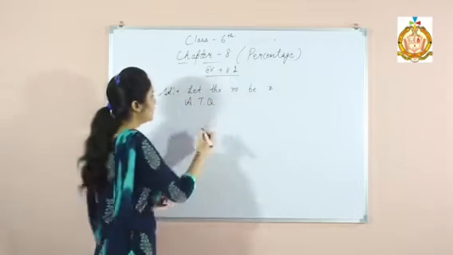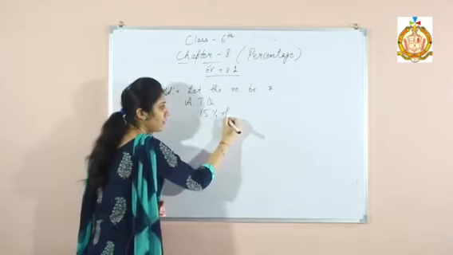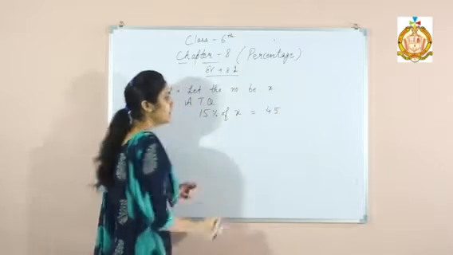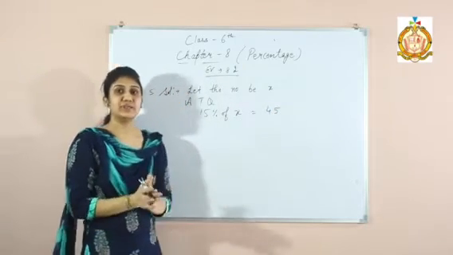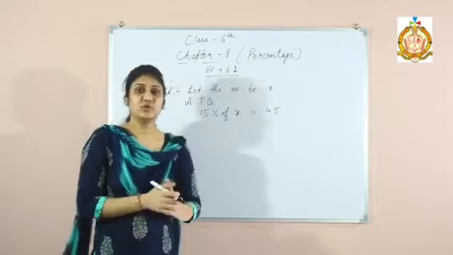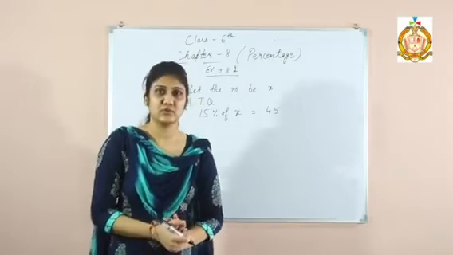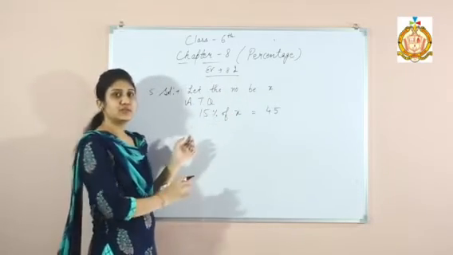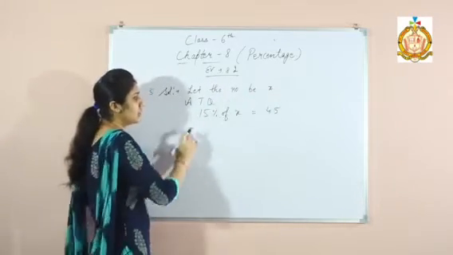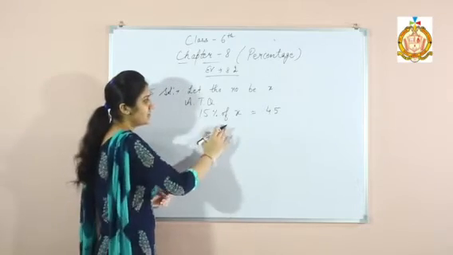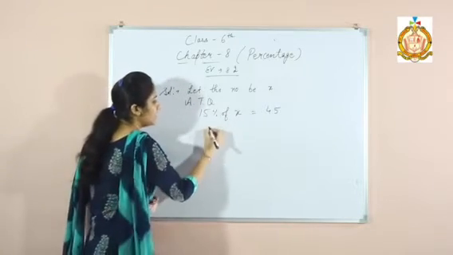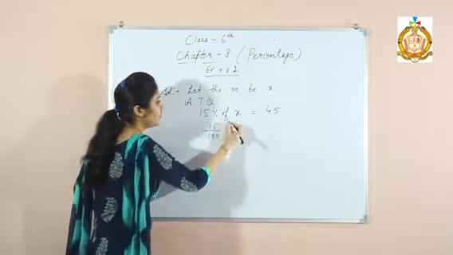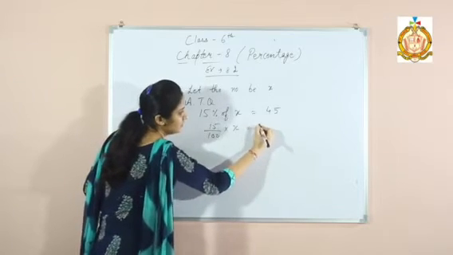Now according to the question, 15% of x is equal to 45, and we have to find the number from this equation. First, make the equation. Try to understand the statement and then solve the sum. First, understand the statement carefully. Now, according to the statement, we assume that the given number is x. We have written 15% of x is equal to 45. Again, we can write 15 upon 100 and drop the percentage symbol. "Of" means multiply. Here, writing x is equal to 45.